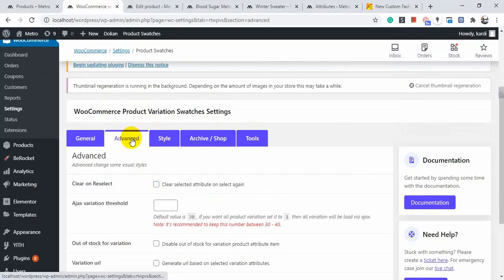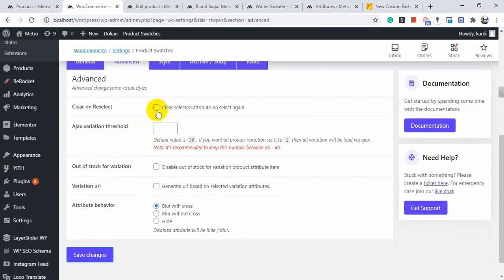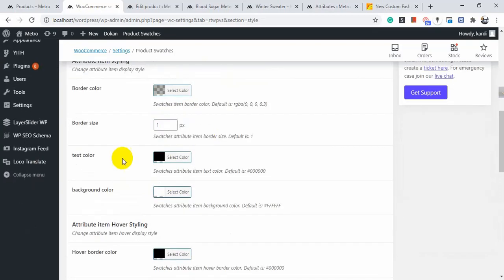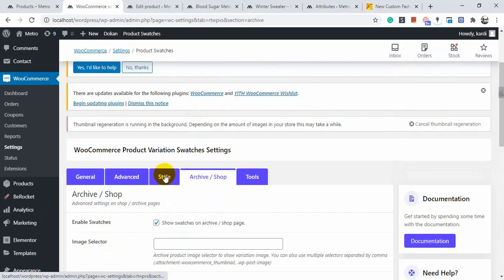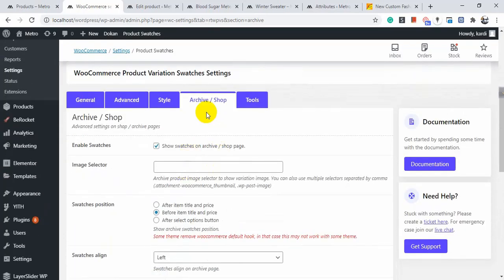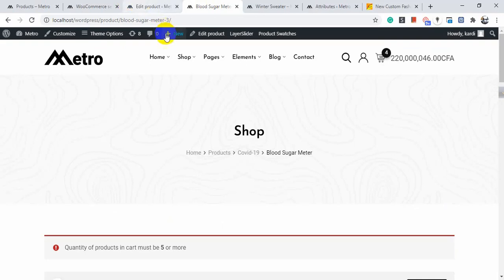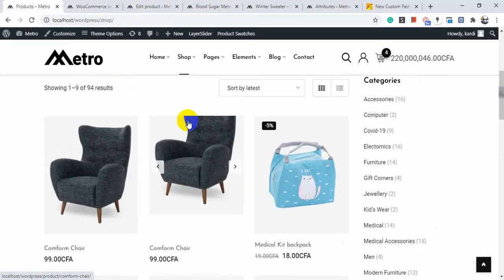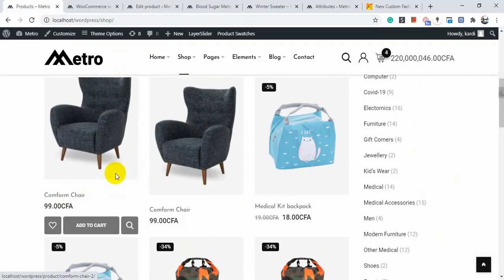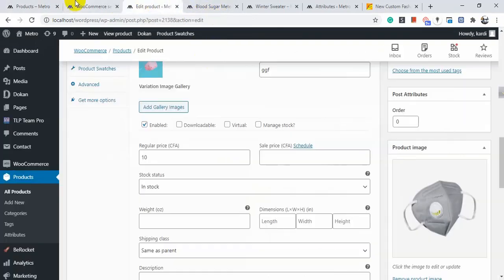Here in the advanced section, you can clear and reset, enable from here, and other attributes you can set from here. Here is the style section, you can set color and other style from here, and this section is the archive page enabling system. If you want to show this feature in your archive page or shop page here, then you have to enable this feature,